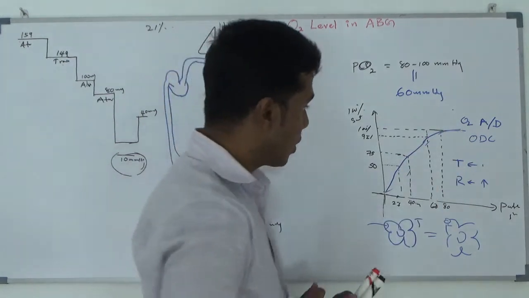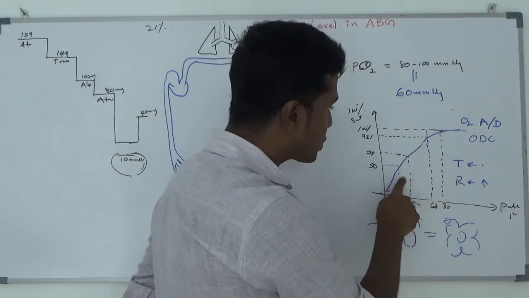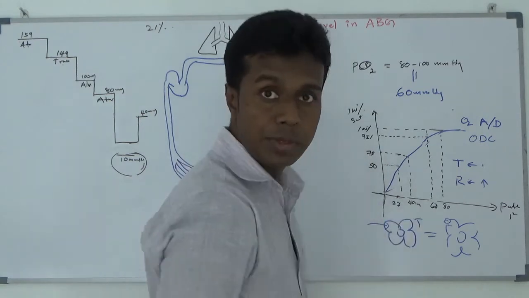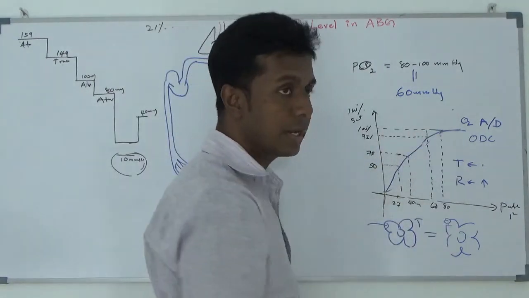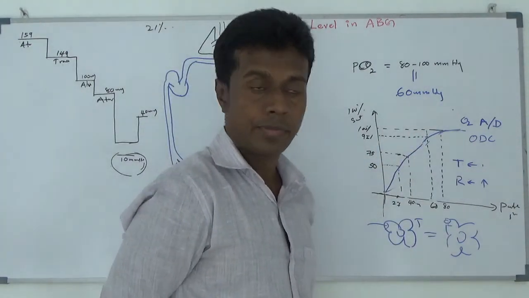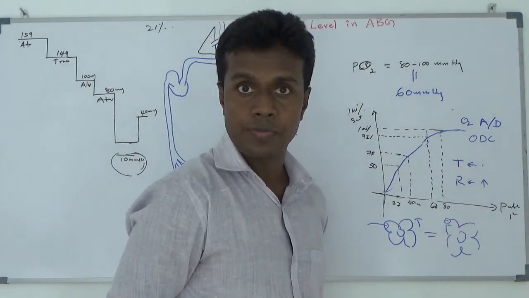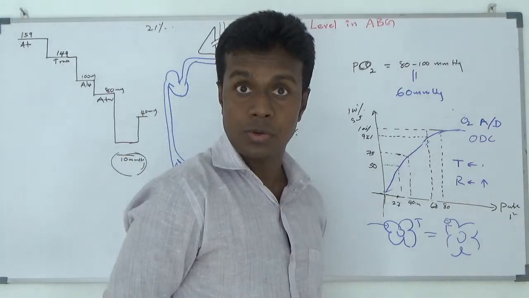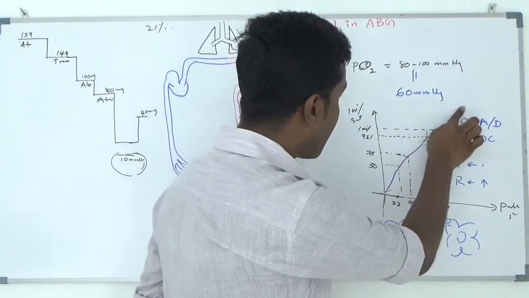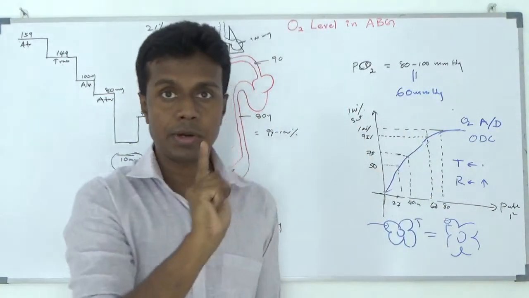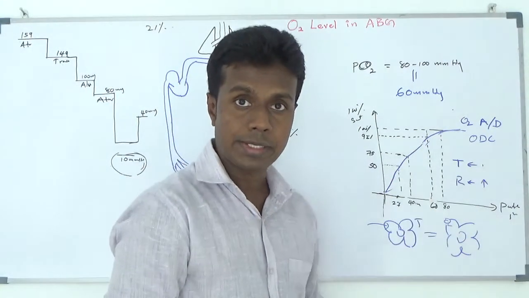One other thing: once the partial pressure falls below 60, the saturation reduces steeply as the partial pressure is reduced. Because of that, if your patient has 60 millimeters of mercury and in the next few minutes the partial pressure drops to 50 and 40, the saturation can be dangerously low. Not only saturation, your patient is in danger and can even die. Because of that, you must have at least 60 millimeters of mercury partial pressure in your blood when you are doing the arterial blood gas analysis.